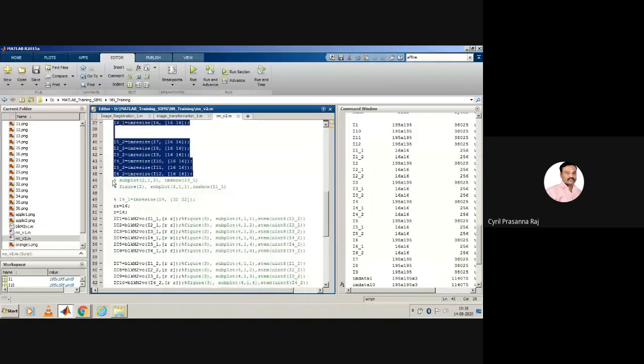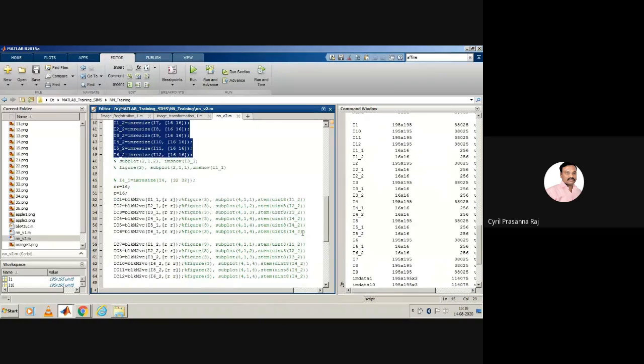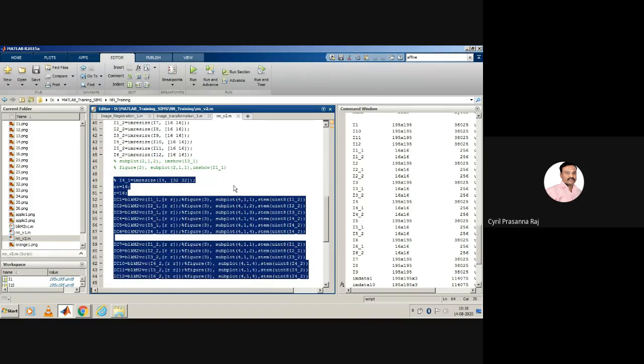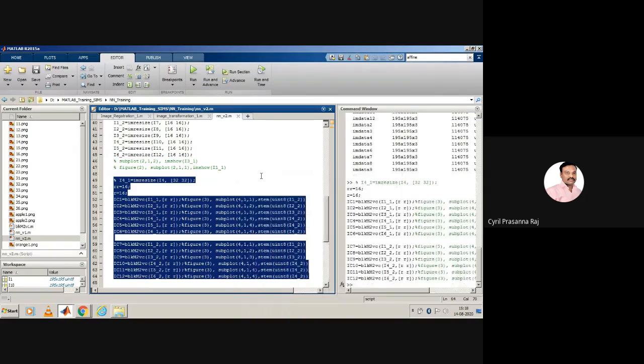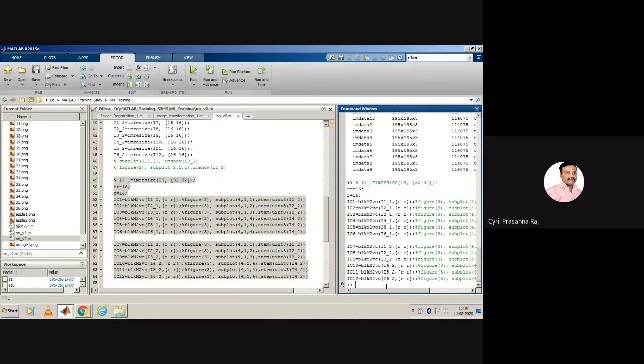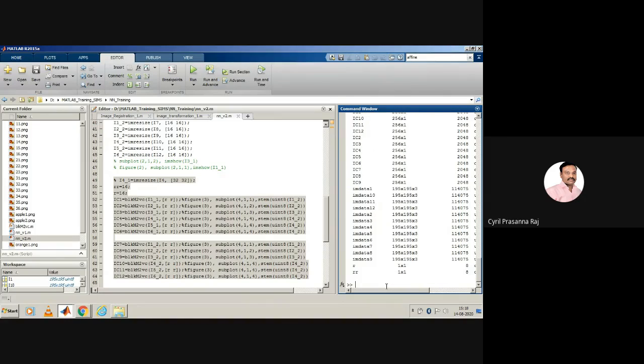Now you can use this command to see the image. Once it is converted from RGB to gray, we are able to resize the image. After resizing the image, we are now trying to convert from rows to columns. Now we know that each of the images is of size 16 cross 16. So we are using this function, block to vector, and trying to convert those images from a 2D image to 1D. So we are converting from 2D to 1D data. When you do that conversion, let us see what happens to the image size. Again, I'm typing whos.